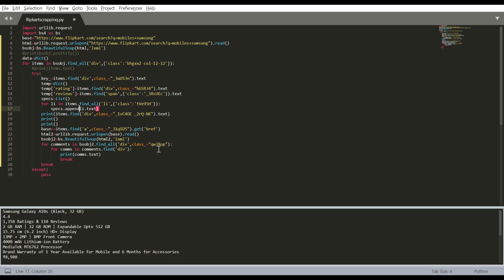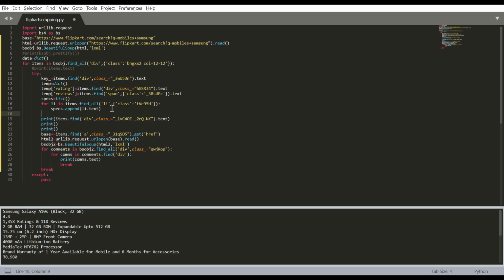Specs dot append lighter text. Once this is done, we can do temp of specifications equals specs. This should work.